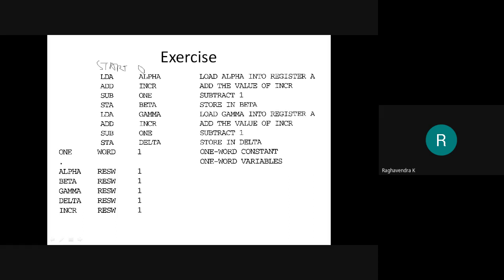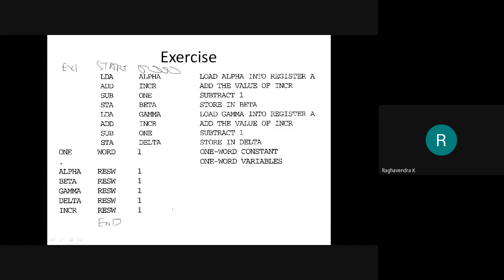start 0000. I'll give you the name of the program. This is EX1, right? And I'll simply write end. So if they haven't given start and end assembler directive, then you have to assume these values.